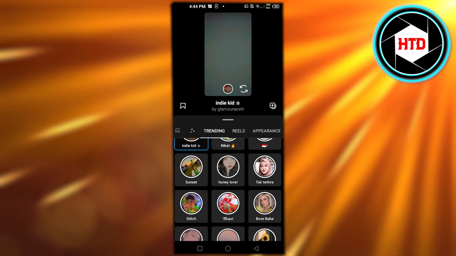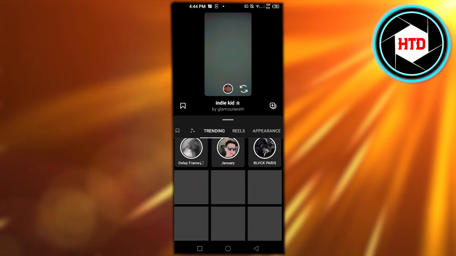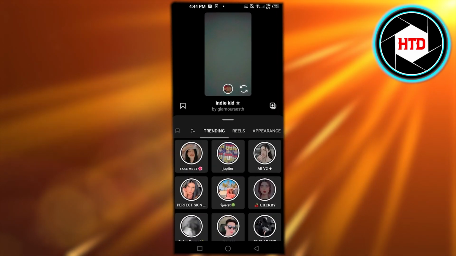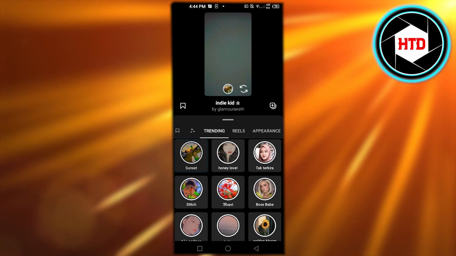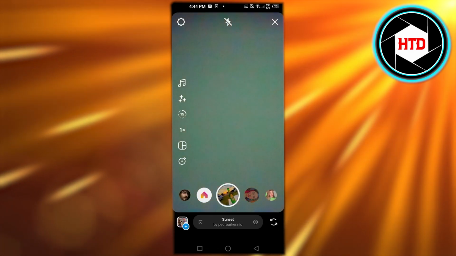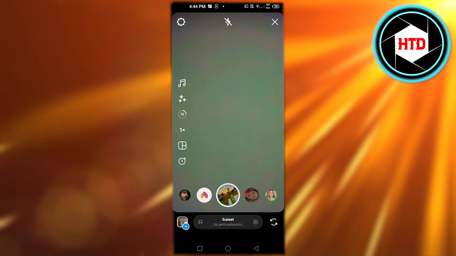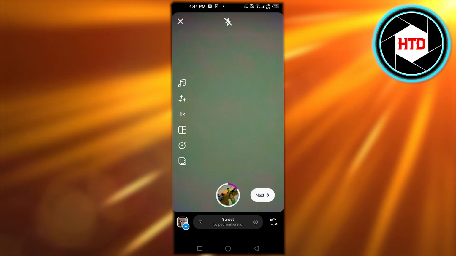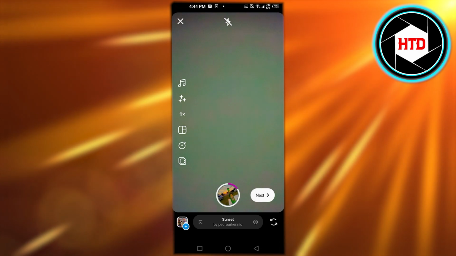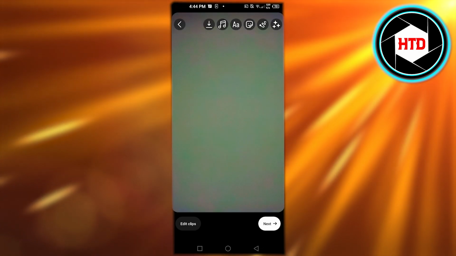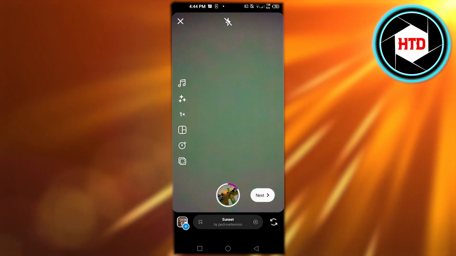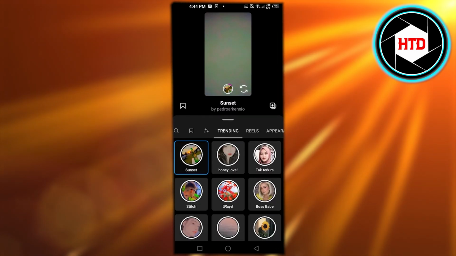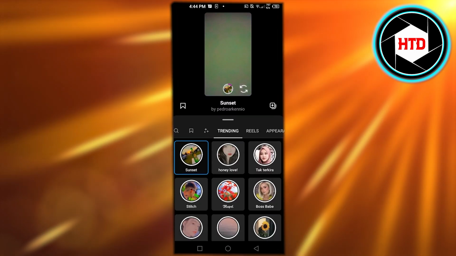on Instagram Reels. So you can see all of the filters have their name, and you will be able to use them. Just select that filter, and it will be added to your reel. Now you can record your reel with the filter, and then you can add music if you want. Click on next, and it will have that effect. So you can see, you just need to click here and click on trending to find the trending filters on